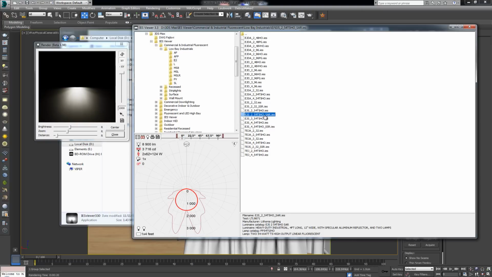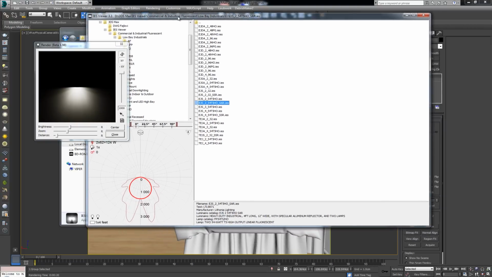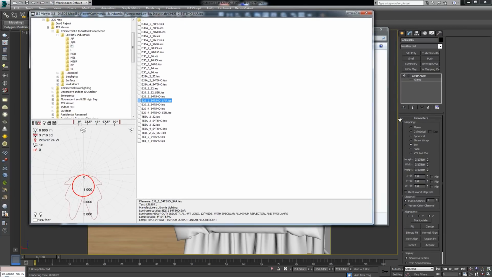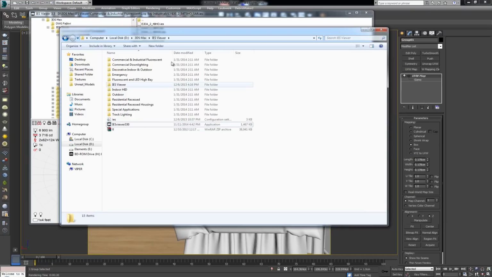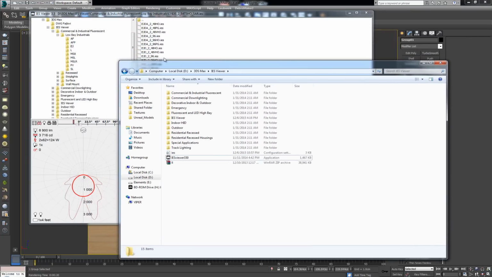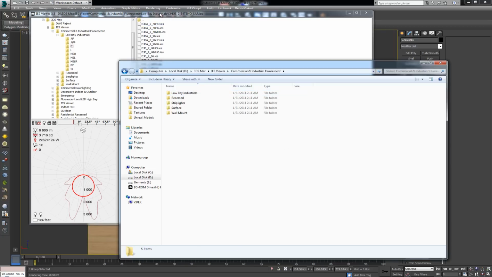Now, the next important thing here is once you find it, let's say for example I want to use this light. Now I would have to go over and just move this upwards. I'm going to close this. What I want to do here is follow this same exact path as I can see it here. So in my case, this is in the commercial and industrial fluorescent. So commercial and fluorescent, low bay industrials,